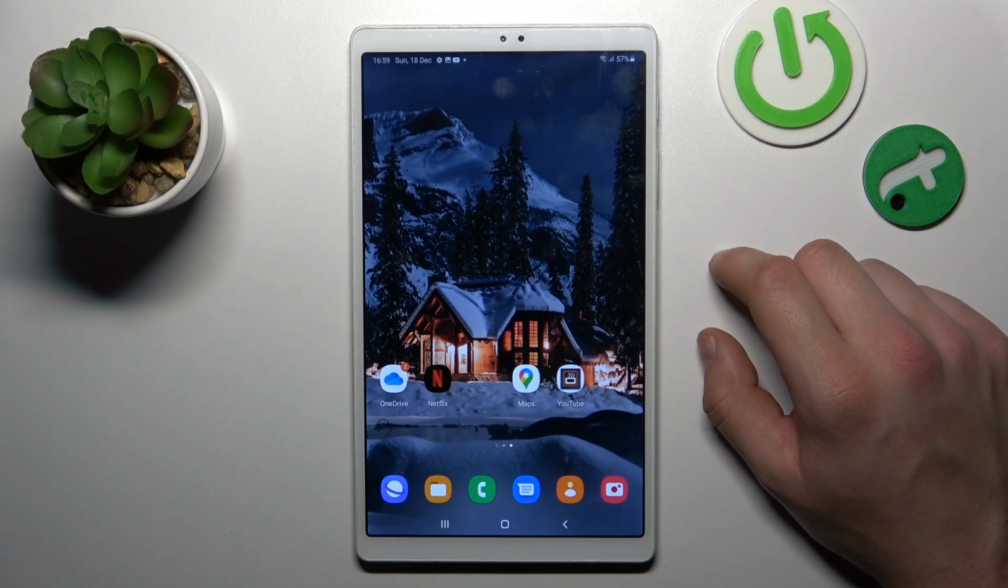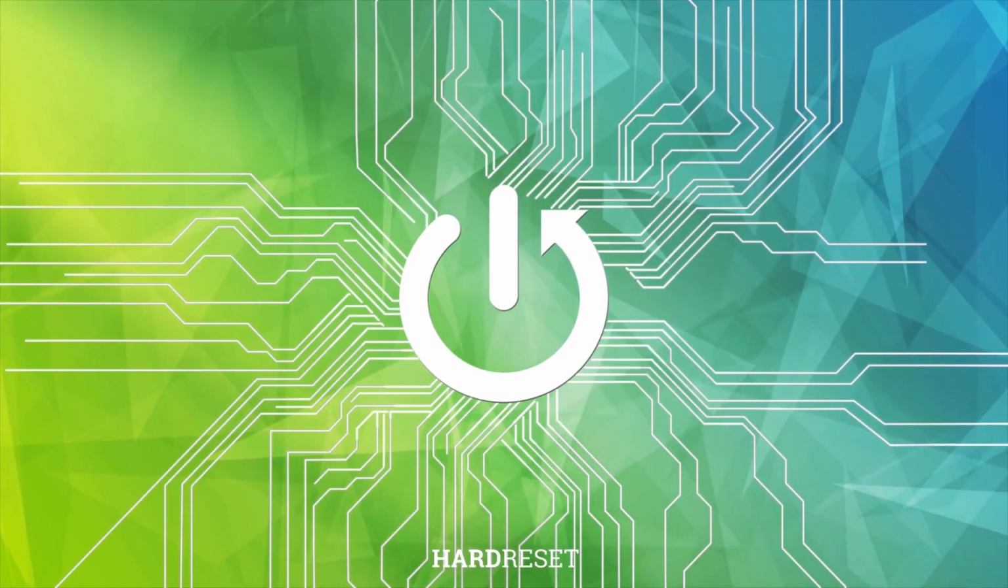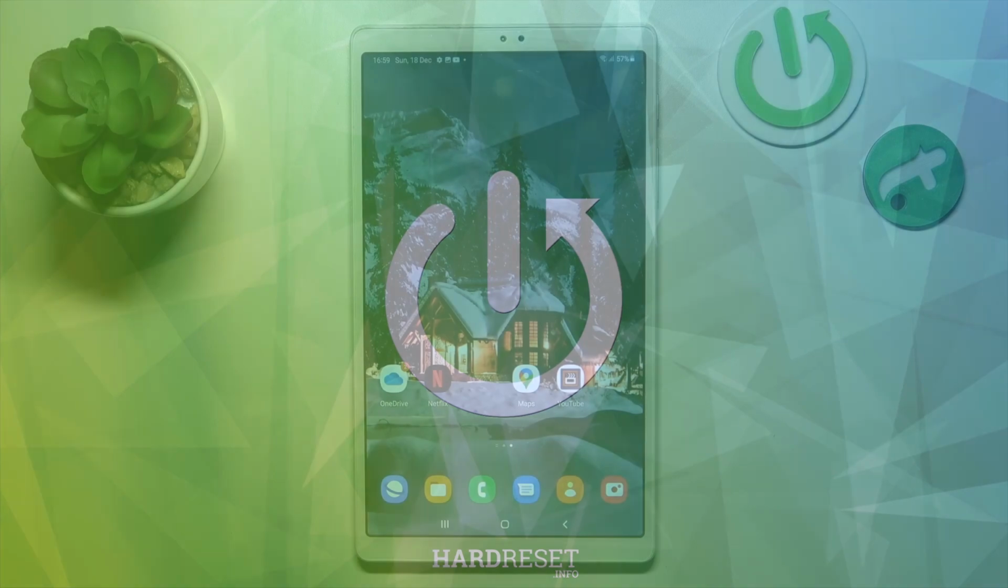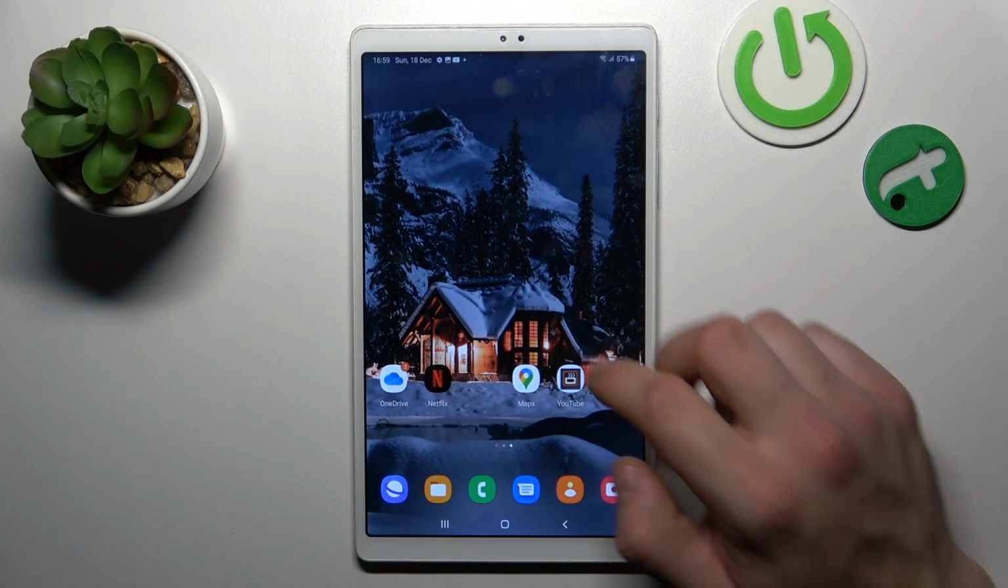Hello, in front of me I've got Samsung Galaxy Tab A7 Lite. In this video I'll show you how to add passes to Google Wallet. In the beginning, let's go to Google Wallet